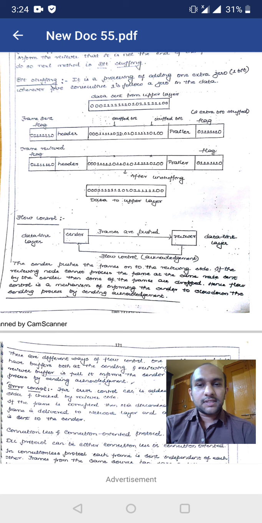Here the sender pushes the frames and the receiver will go on receiving the frames. So once the receiver system is full, then the receiver system should intimate the sender to slow down the sending of the packets. It should indicate to the source system to slow down the process, that is, to slow down the sending of the frames. That is done through an acknowledgement frame. The receiver will send the acknowledgement frame whenever its capacity is full.